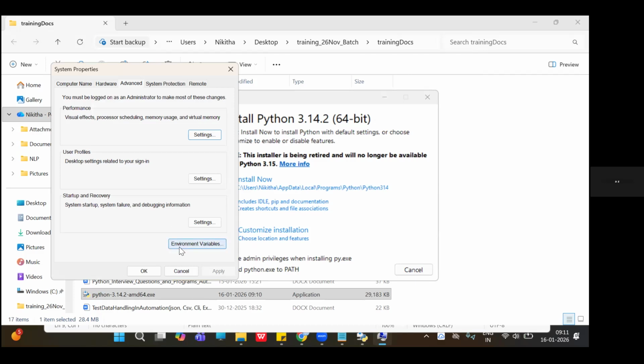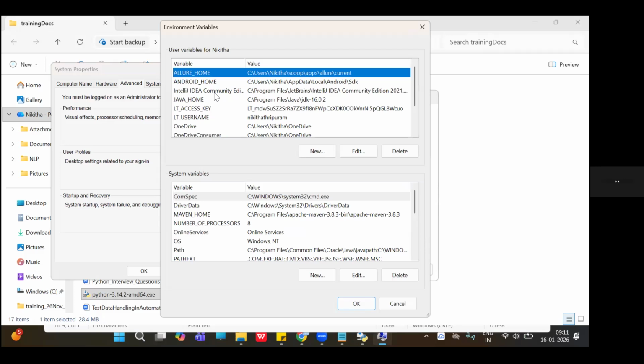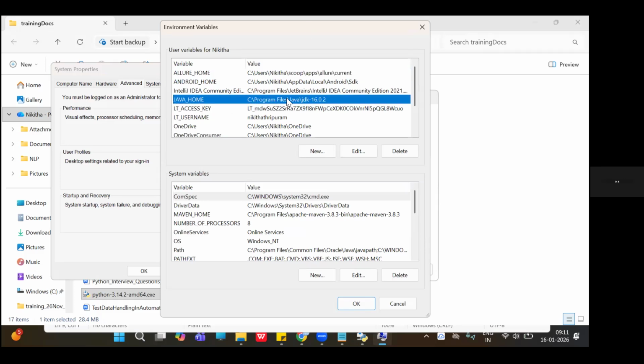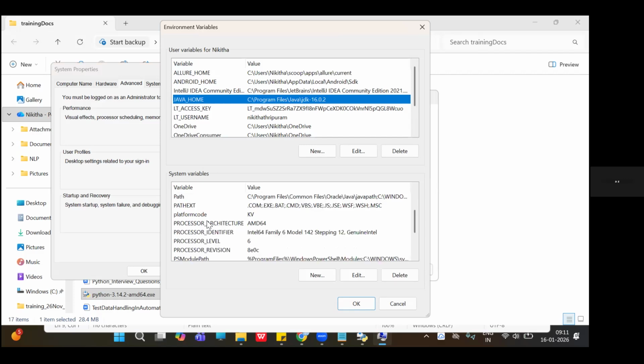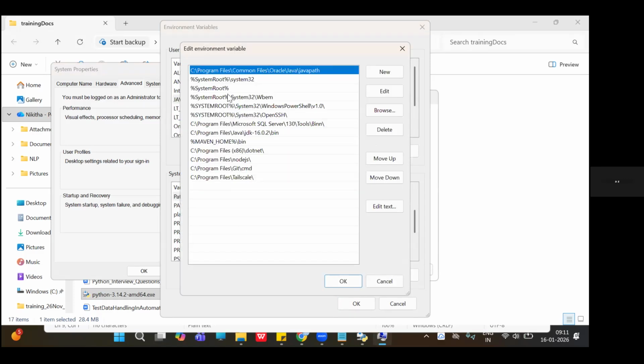So after going here, click on environment variables, and here we have to check for the Java home. If you are dealing with Java, you have to set the Java home, and inside the path, we need to set the Java JDK as well. Java, where is it? Yeah, Java JDK. Similarly, for Python also we have to follow the same concept in order for Visual Studio Code to